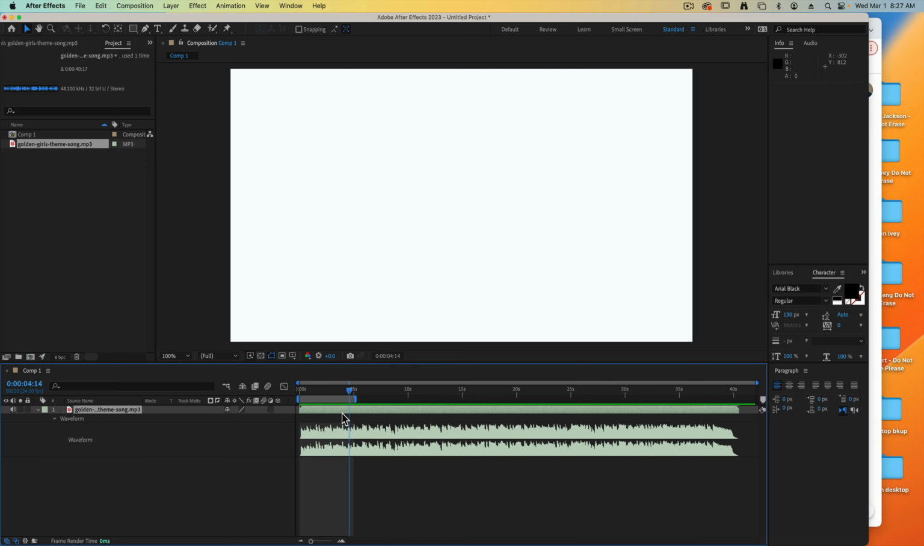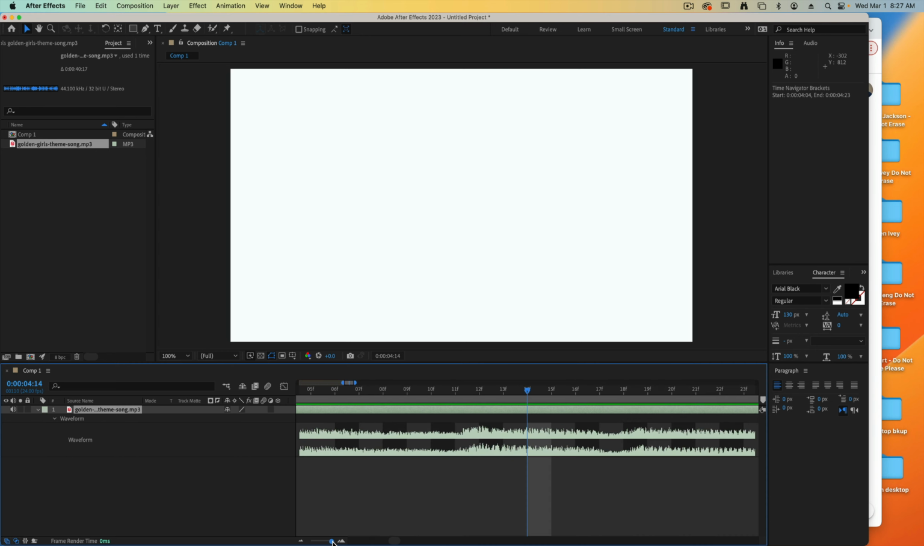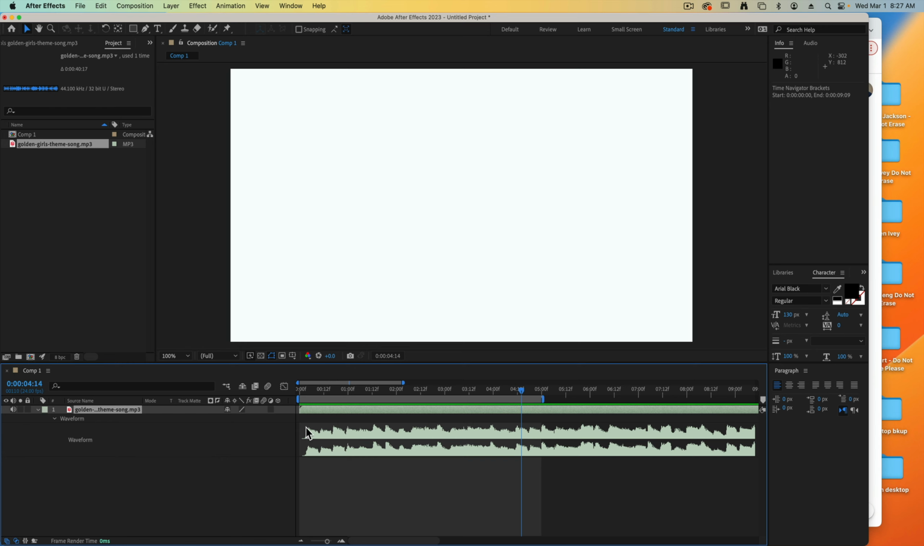This takes place roughly within the first 5 seconds. So I drug my work area to that 5-second mark, and now I can zoom in to be able to see the individual waveform. The next thing we need to do is to add some markers to our work area